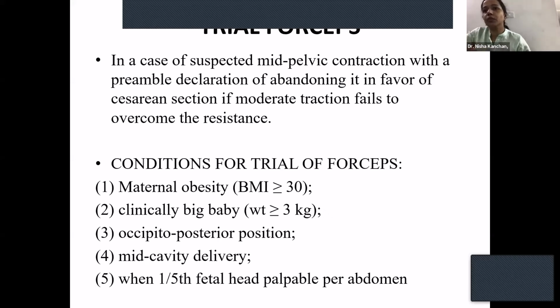Definitely there is an advantage of forceps over cesarean section. You should always explain to your patient that a safe vaginal delivery is much better than a cesarean section. There is less morbidity to the mother and less morbidity to the baby. A cesarean section is a more morbid option than a vaginal delivery. So if you think your forceps delivery is safe, that you can do a reasonably good delivery without injuring the mother or the baby, you should always try for forceps over a cesarean section.